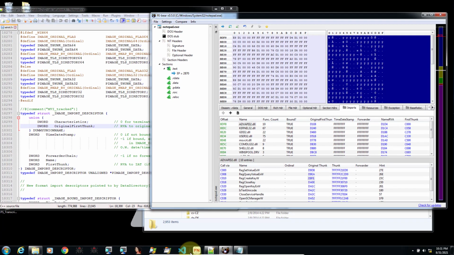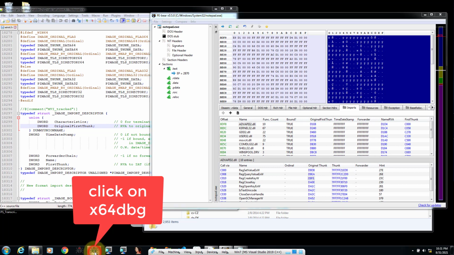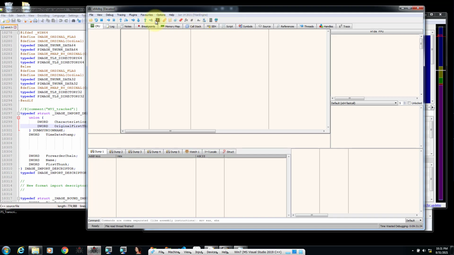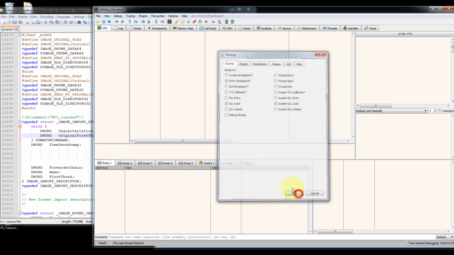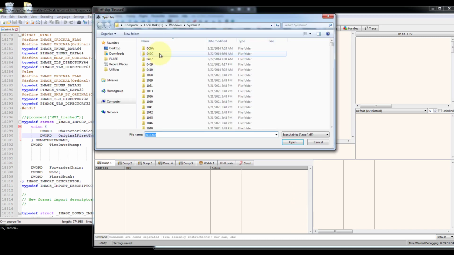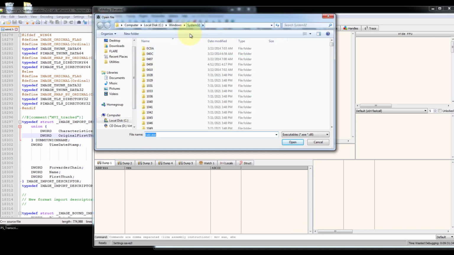Okay, so now we can try to take a look at using a debugger. For the options, click on Options, Preferences, and here click on DLL load and System DLL load, because we want to see how the IAT resolves the addresses for the functions. And this one, leave it checked for breakpoint as well. Now we open the calculator, go to System32, select Calculator exe, click Open,